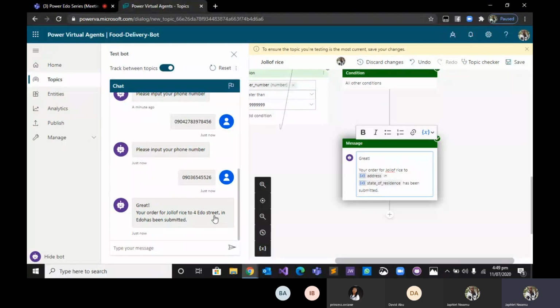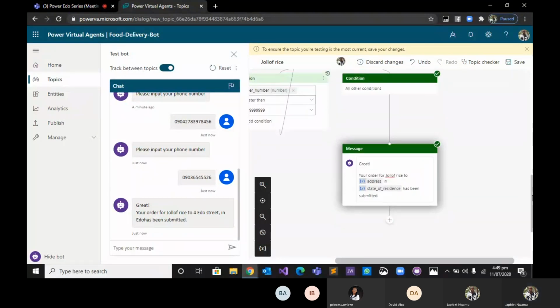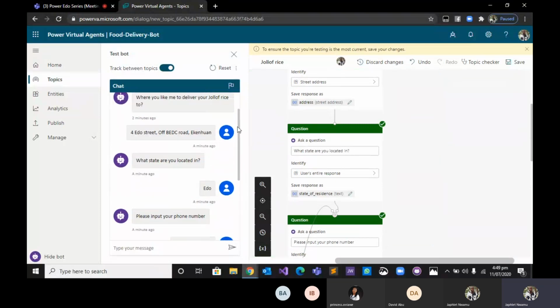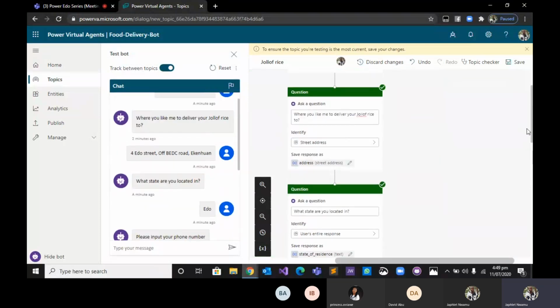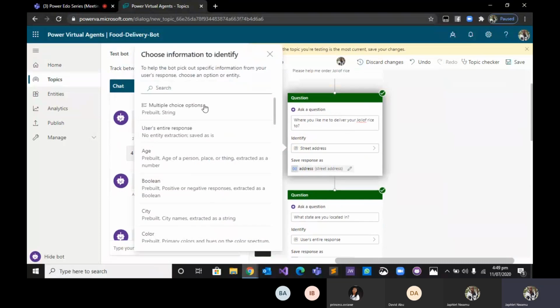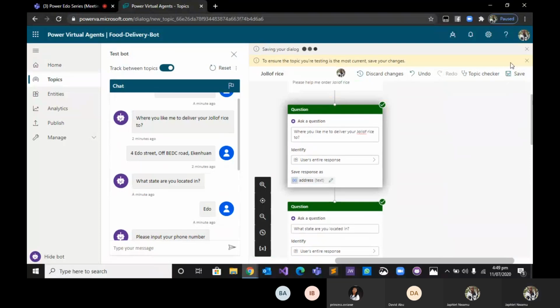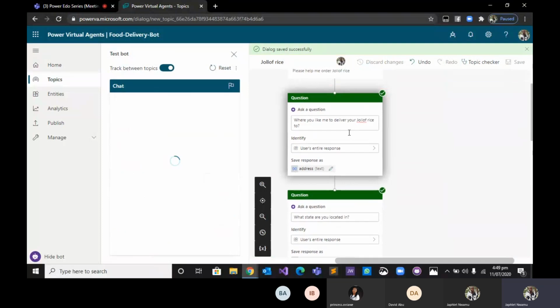Your order for jollof rice to 4 Edo Street. And okay, it skipped some part of our address. So this is what we need to do for that. For street address, use the user's entire response. That would save us the whole stress of that.